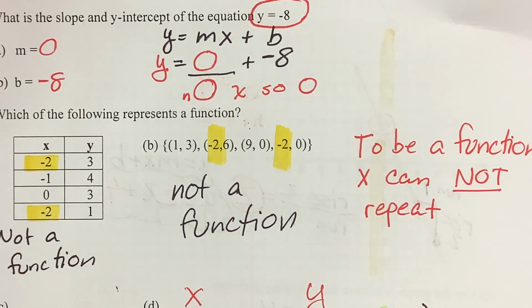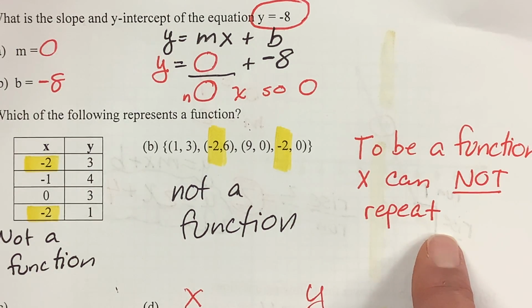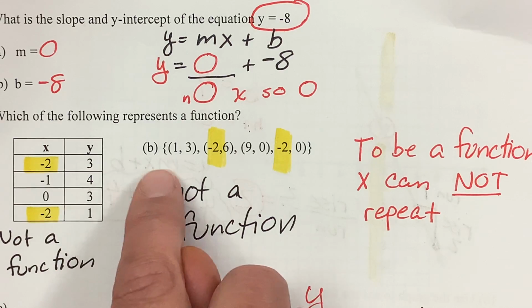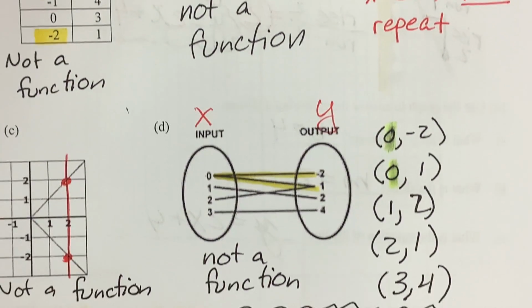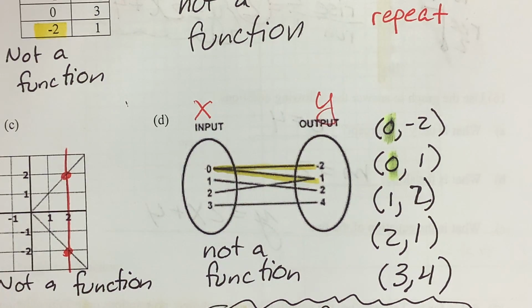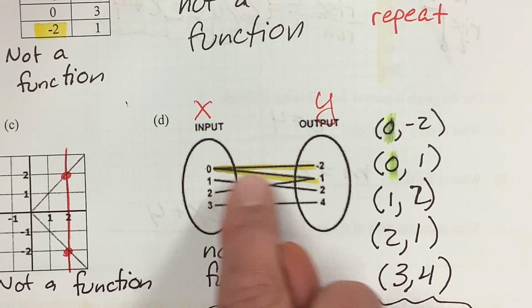For this one, this was a trick. In order to be a function, x cannot repeat itself. So x repeats here, x repeats here. Neither of those are functions. This fails the vertical line test. And if I follow from x to y,